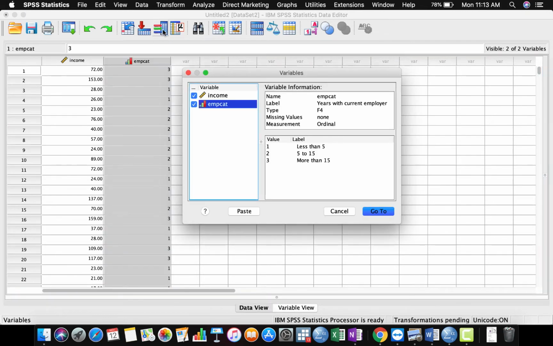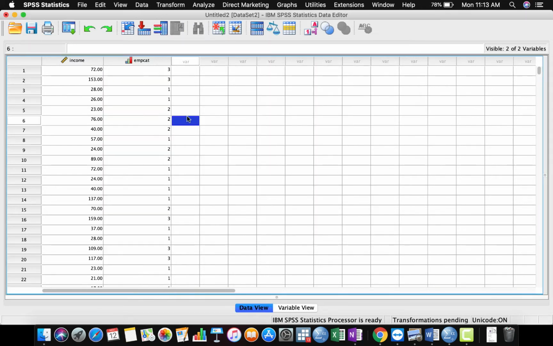We already know there are three levels. The next thing is to make sure the data samples are independent of each other. There are no matched or dependent samples; this is an independent sample. The third assumption is